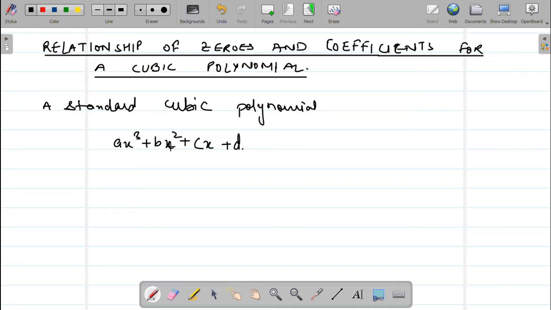So logically we should have, it's not always, but logically we should have 3 zeros for a cubic polynomial, right? Of course, in the real plane, there might be a case, as you'll study in quadratic equations, that we have two non-real roots, but that we will discuss in detail in the chapter of quadratic equations and in complex numbers next year. For now, a cubic polynomial should have 3 zeros.